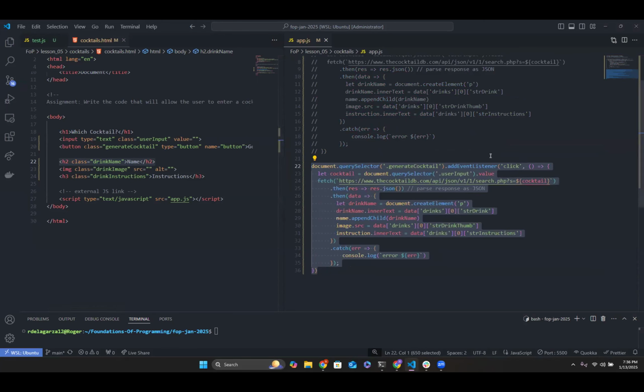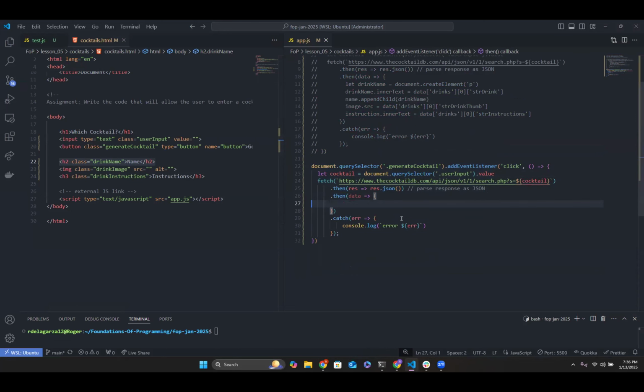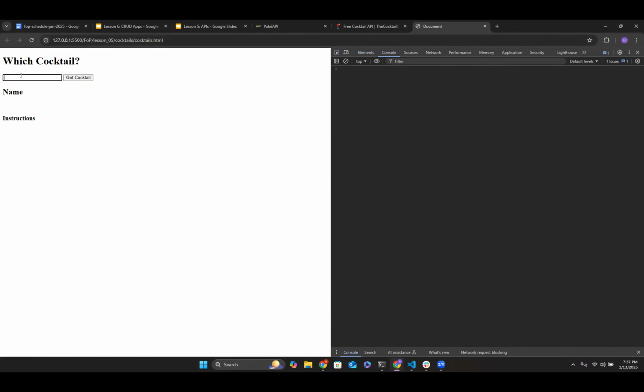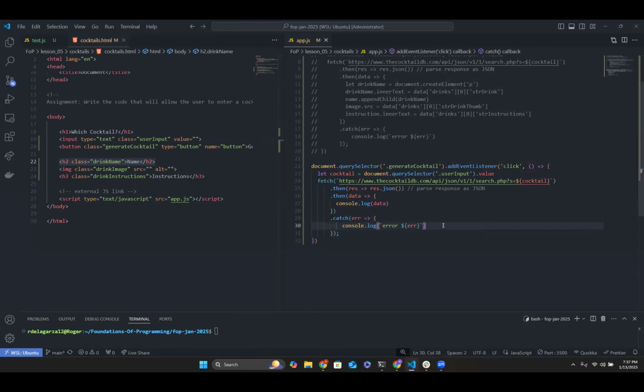I'm going to remove this console.log data. Let's just make sure it's working. Martini. I don't know why it's not logging this. All right, so here we have a bunch of drinks. Well, if we wanted to grab every single one of them, we're gonna have to do some kind of for loop, right? So we would have to say something like,